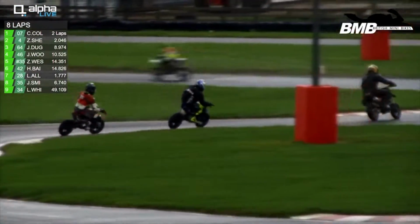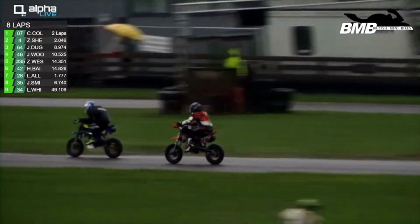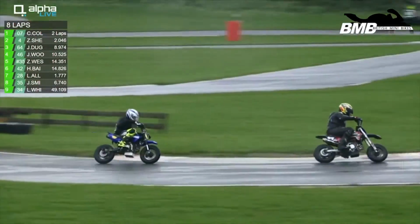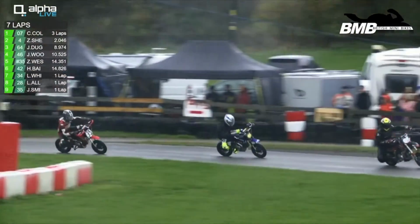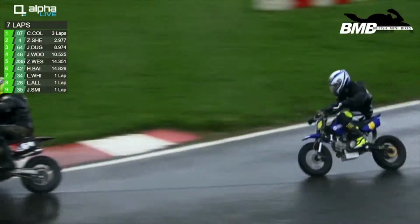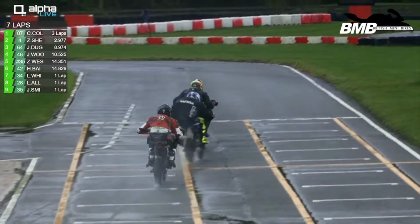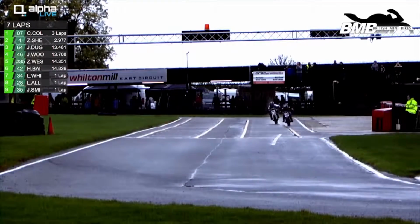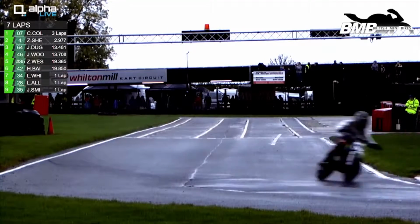Through the Zulu corners they go. This left, right, left complex leading onto the back straight here at Whilton Mill, and then they'll head towards the boot. This is a track that many of the riders are familiar with. If they weren't at the start of this season, they certainly are now. This is our third visit to Whilton Mill this season, and I don't think we've quite had conditions like this. Distinctly wetter than the other instances. None of these bikes have a rudder on them, but they might want to consider it as an upgrade for next season. Looking further down the order there, we can see